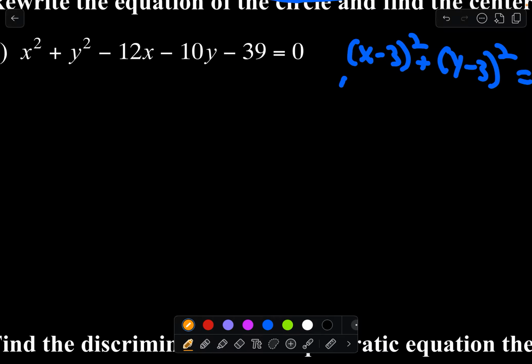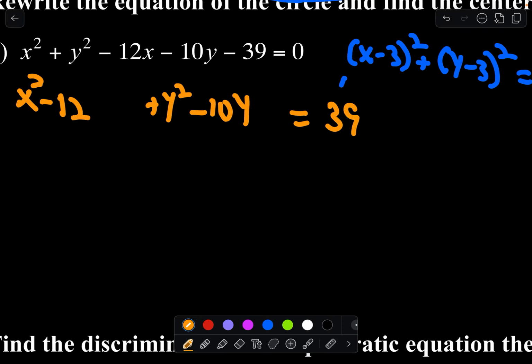So I'm going to put the x squared and the negative 12x together. I'll leave a little space, and then I'll have plus y squared minus 10y. Leave a little space. I'm going to move the negative 39 over by adding 39. So I have that. Then, completing the square on the x term,